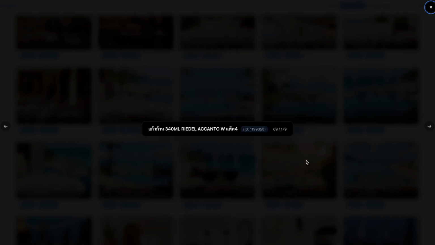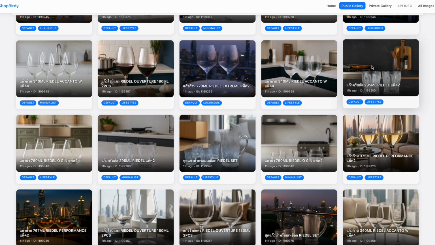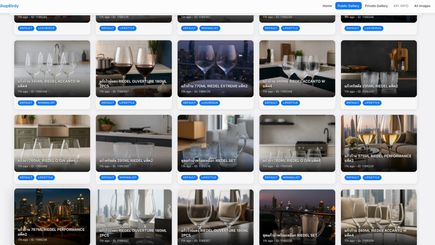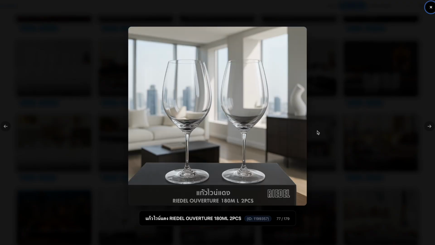So the great thing about this is that you can just create these at almost very little cost and no time, and just have a plethora of items to choose from. And then from there, you can find the ones that are ready to publish as is. And in other cases, you might want to actually have your graphic designer, or maybe someone on your creative team, do a quick touch up on it and just add something, change something. But again, this is saving them a ton of hops from going to different stock photo websites, or having to navigate through a bunch of folders and find all the reference images, and then find a background and then make it all look real. In this case, you can just generate them,